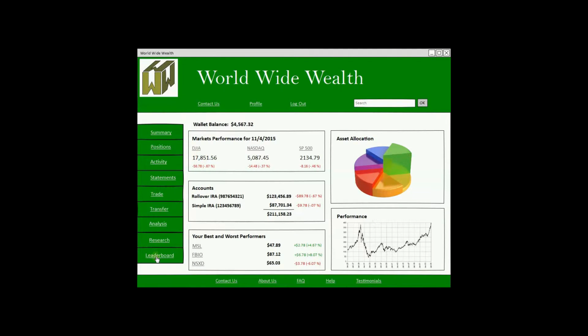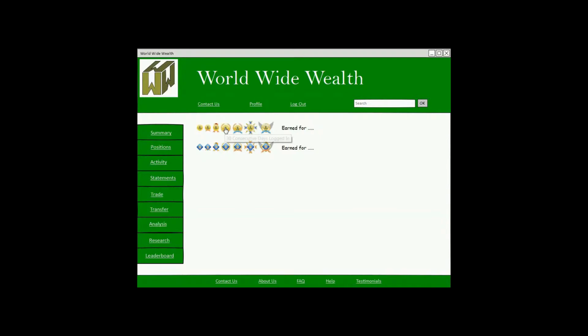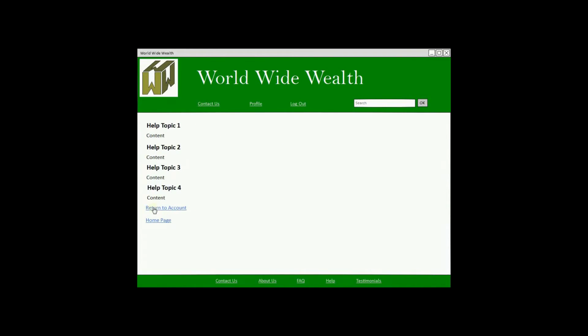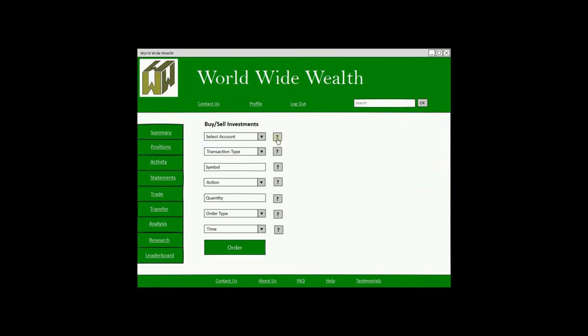So we added a leaderboard for competition, and we also added to the profile badges that could be earned for various activities. Another suggestion was to add links assisting users with learning the interface, perhaps progressive disclosure or interface design. Beyond the help link below, we also have question symbols that users can hover over, which will provide hover text that describes what is expected